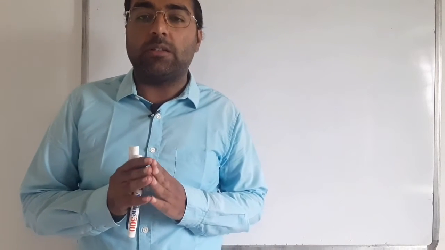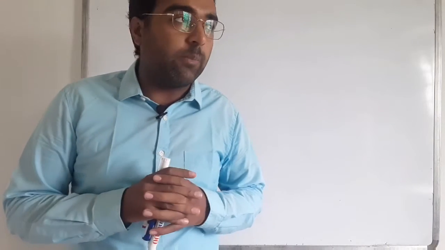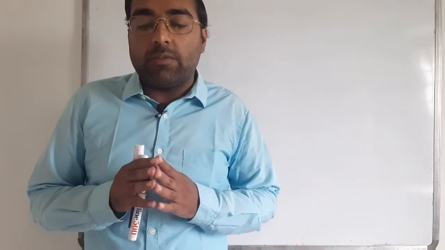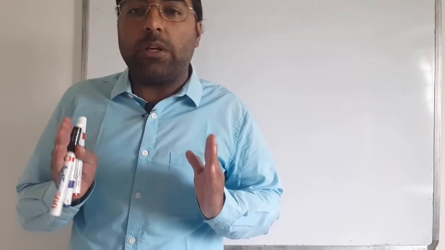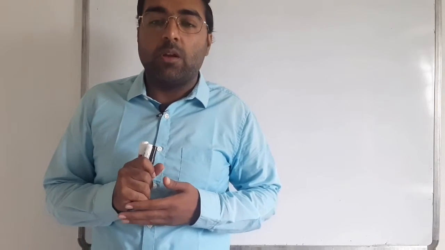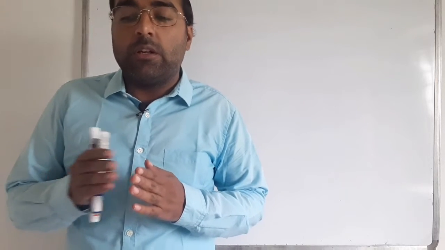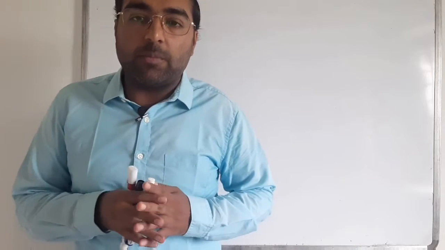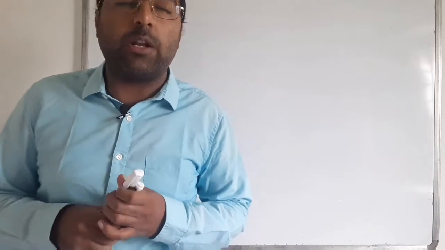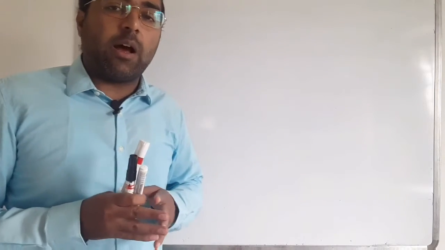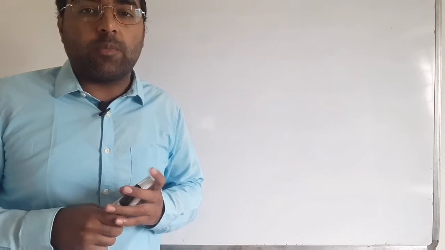For congruence in a triangle, we have to see that there are three parts of the triangle: three sides and three angles. We must take all of the sides and all of the angles to be equal. So can we conclude that all of the sides and all of the angles of the triangle must be equal every time? No, we don't need all of the sides or all of the angles to be equal every time.